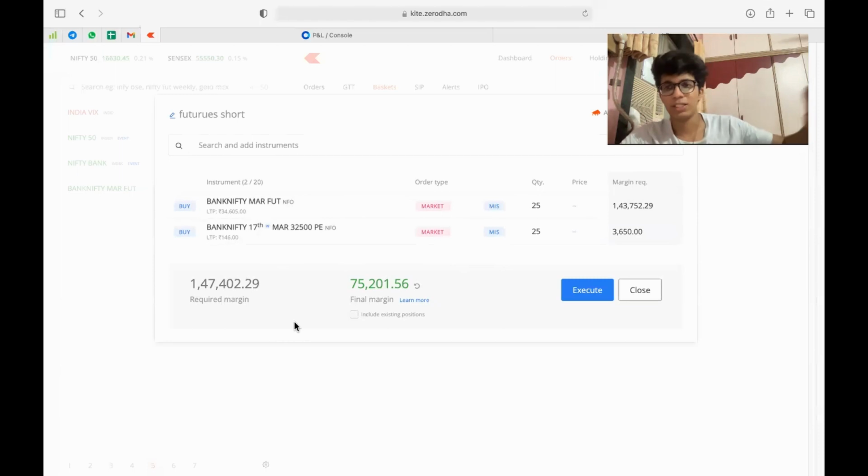But my whole point being that because today I only operate in one lot, I don't take this margin benefit. But say in the future, when I might be trading in 2 lots, 3 lots, 4 lots, on those days I'm definitely going to take the margin benefit that you're seeing over here, right? I definitely have to pay an additional 110 rupees, but because of that, I'm getting like a 50% reduction in margin. So that's something I'll do in the future when I'm actually leveling up, scaling up. As of today, because I trade in one lot, I don't really require it.